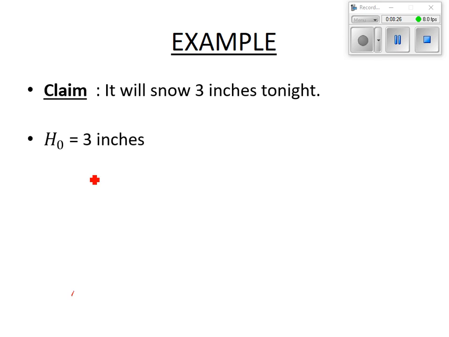So claim, it will snow 3 inches tonight. Riley comes in and he tells us, yeah, it's going to snow 3 inches tonight. No school tomorrow. That's not much. So our H0 is 3 inches. That's our claim. That means our HA is that we don't get 3 inches. Well, if we make a type 1 error,